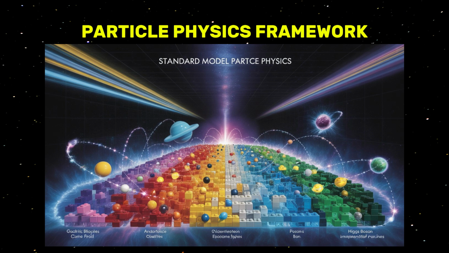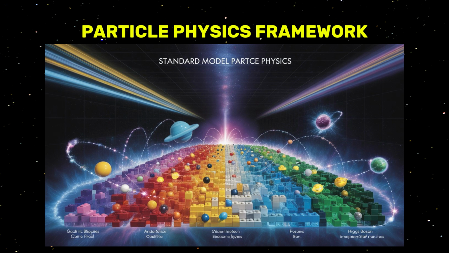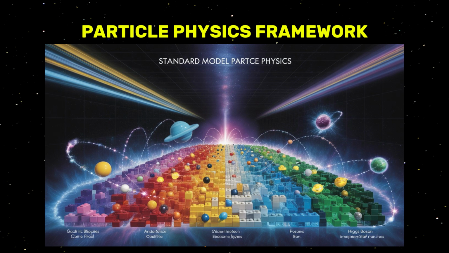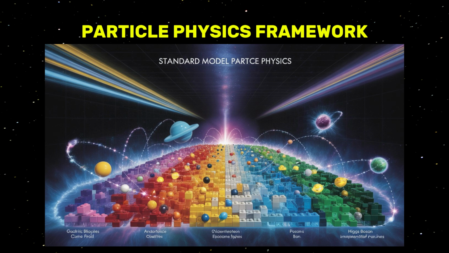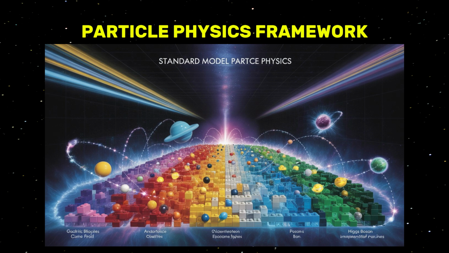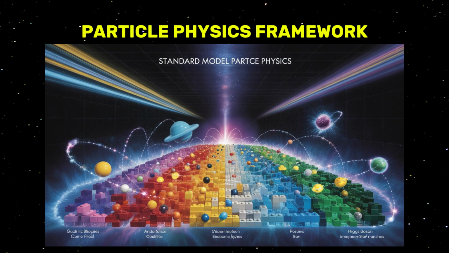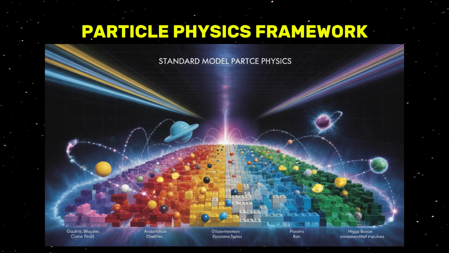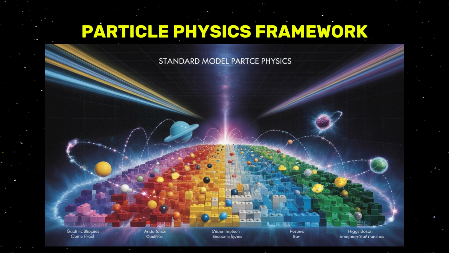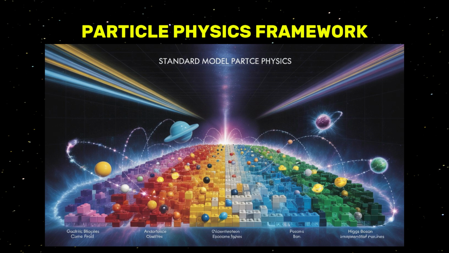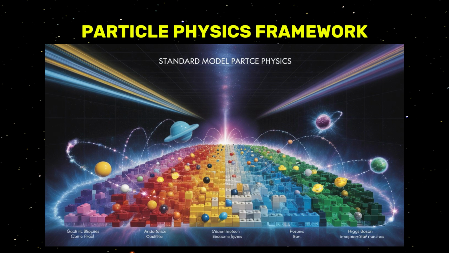These discoveries gradually coalesced into the Standard Model, but one crucial element was still missing: mass. Although the Standard Model successfully explained the fundamental particles and their interactions, scientists were puzzled by how particles gained mass. In 1964, physicists Peter Higgs and others proposed the existence of a field now known as the Higgs field, which permeates all of space. Particles interacting with this field would acquire mass, much like a ball rolling through water slows down more than one moving through air.